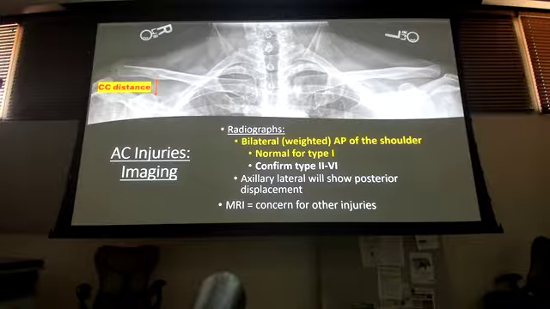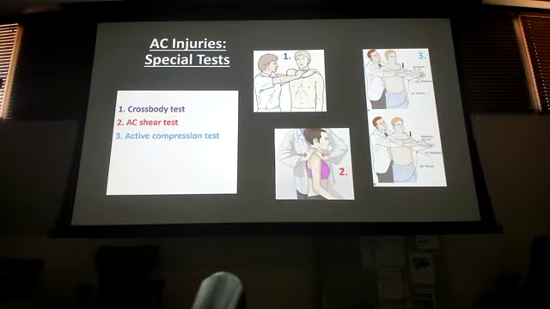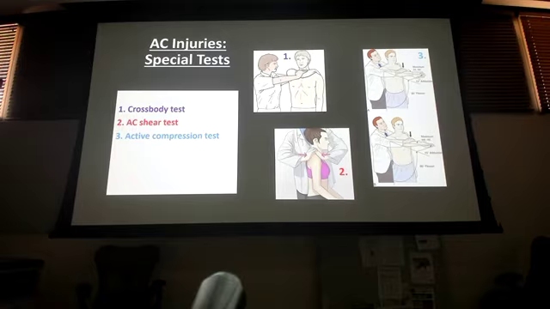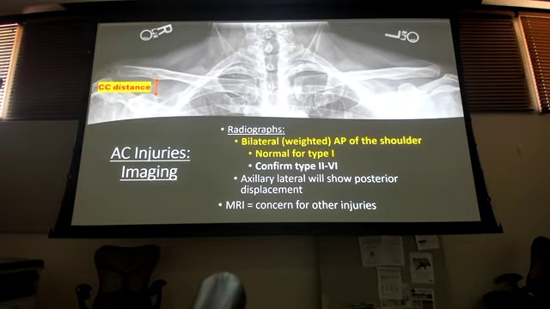Good to go? Okay. But again, that's still pain, correct? But there's no instability from the anterior posterior plane as is being tested in that picture there. Good to go? Okay. And axillary lateral will show posterior displacement, potentially for one of the variants that we talked